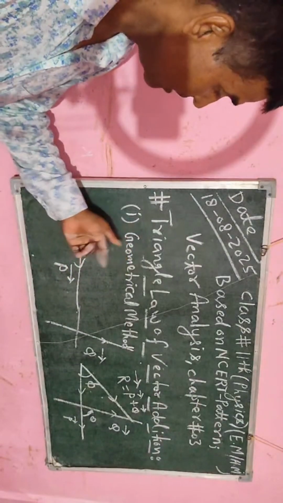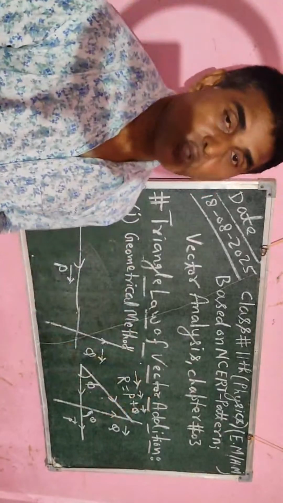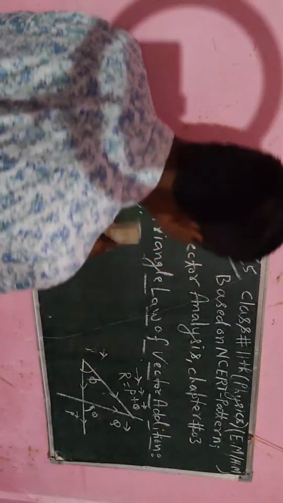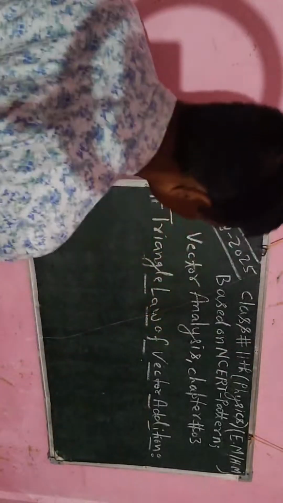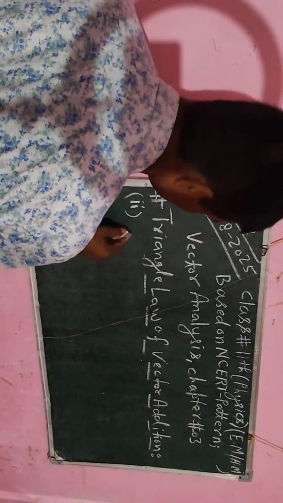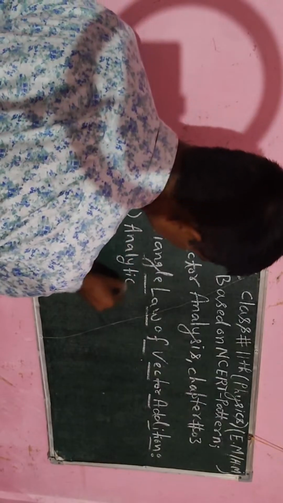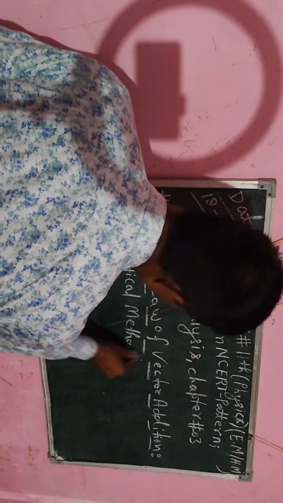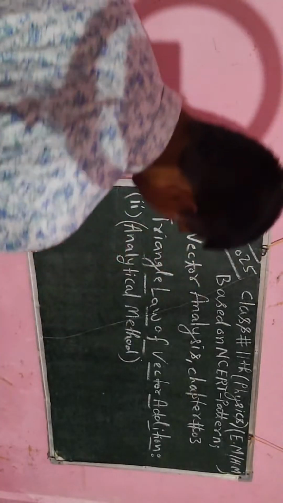ओके, तो इस डाटा को हम इरेज करेंगे और नेक्स्ट टॉपिक इसका सेकेंड कंसेप्ट है, that is analytical method. एनालिटिकल मेथड से दो वेक्टर का सम हम प्रूव करके शो करेंगे। Okay, so I am going to erase this topic, and after erasing I will explain the next topic. Okay, the second method I have to use, that is analytical method. एनालिटिकल मेथड।